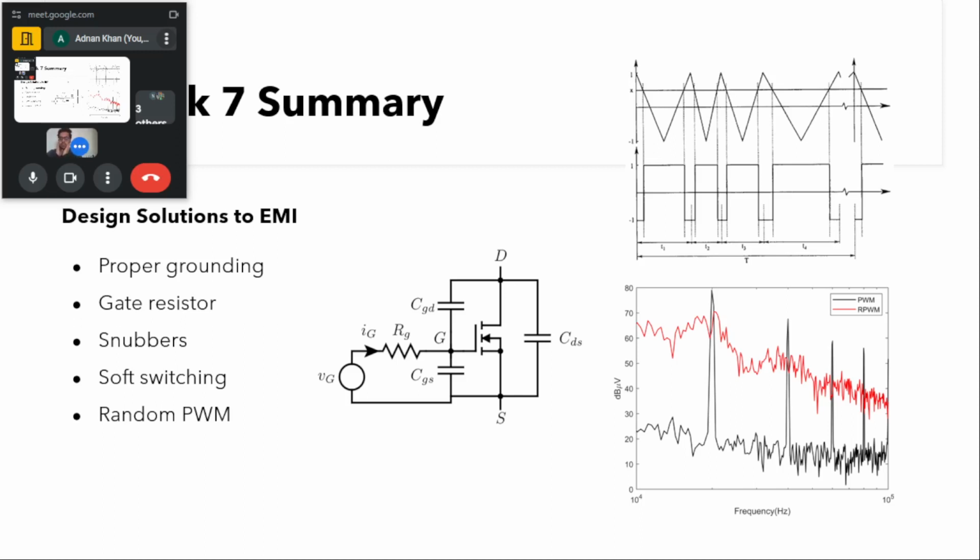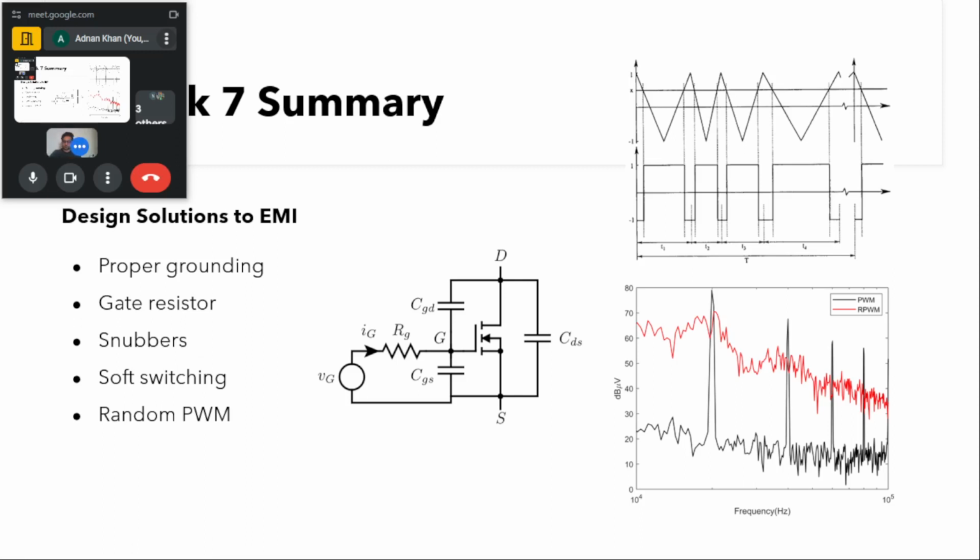So what we do is find the optimal point where this EMI is reduced and we can have smaller losses as well. The other thing is the snubbers that we had seen in the previous slides, which are also used to limit the dv/dt and di/dt,